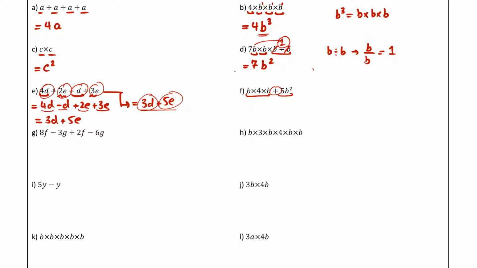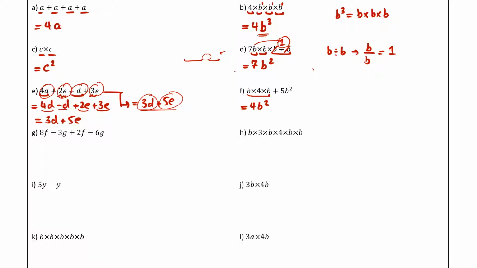I can see that I can't really take care of any exponents here. I do have b squared over here, but really there isn't anything to do with it. So really the next thing to look at is multiplication here. And I have a multiplication sign right here. So I will have